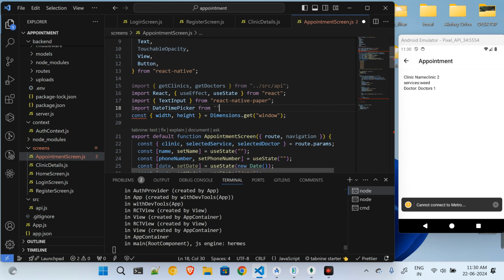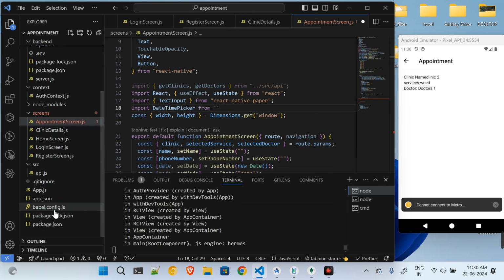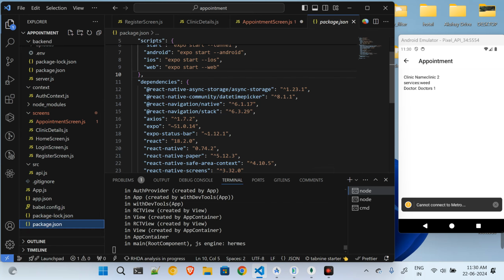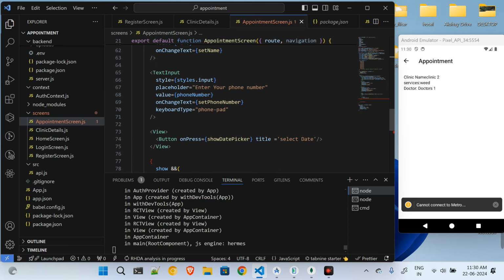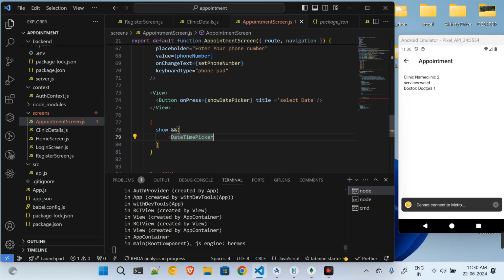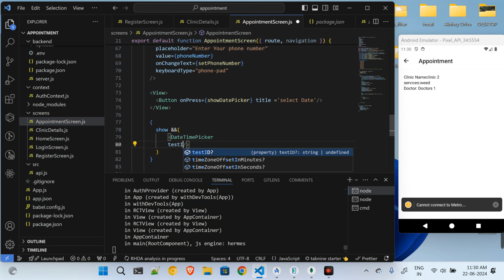So I don't want this, so I will import date time picker from the package. I've already installed that package, so I will directly copy that only. So I will be making use of the date time picker from this package. So yeah, so I will show the date time picker to select the date. So it will have the test ID, and it will say date time picker,